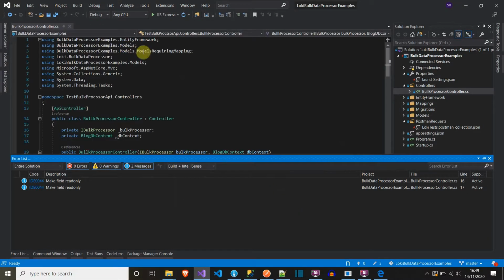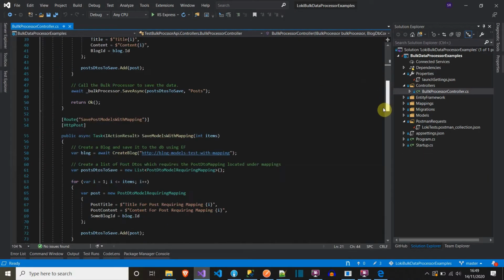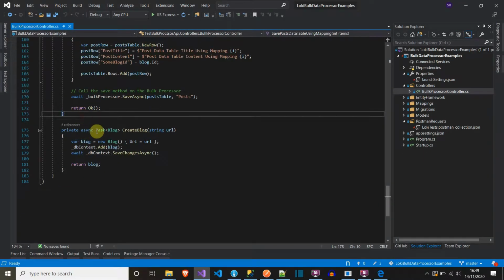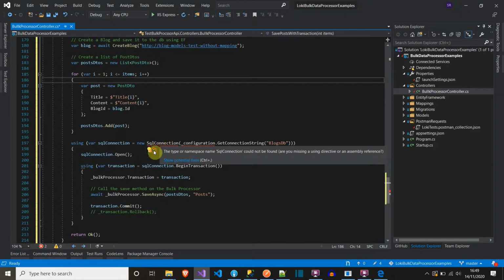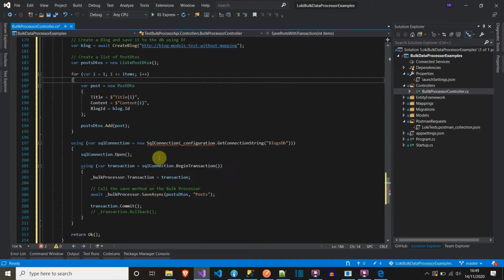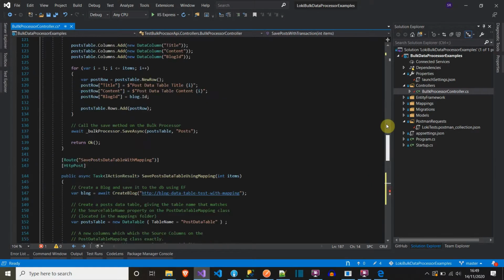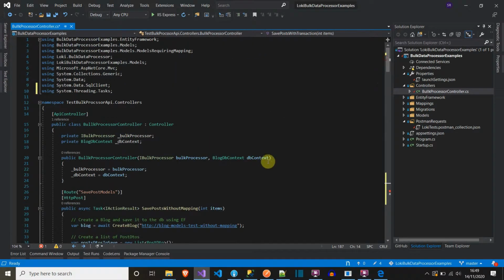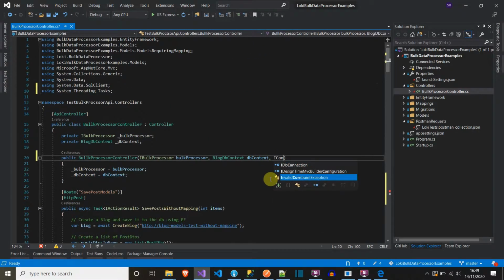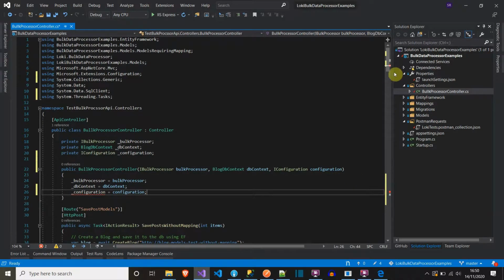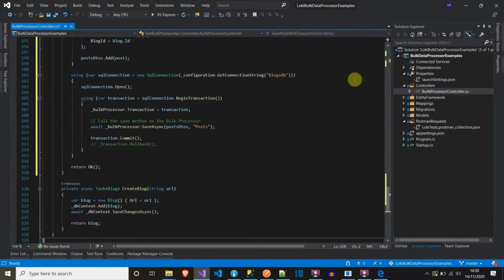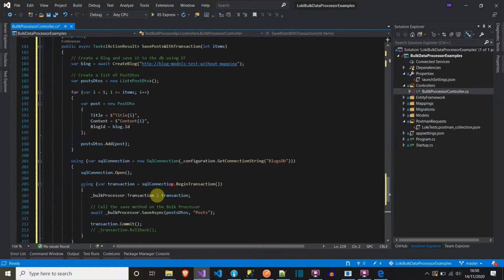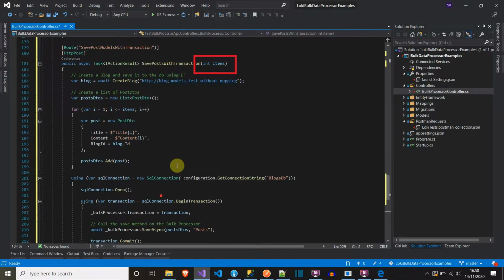Let's now go to the bulk processor controller and add a new method and resolve the namespaces. We will also need to inject the IConfiguration interface into the constructor in order to reference the connection string from the app settings file. Coming back to the code that has just been copied in, we are still bulk saving